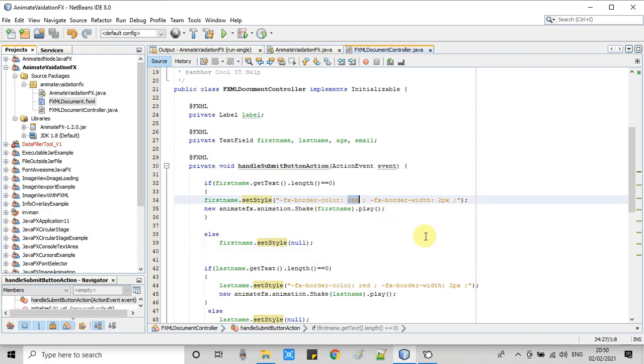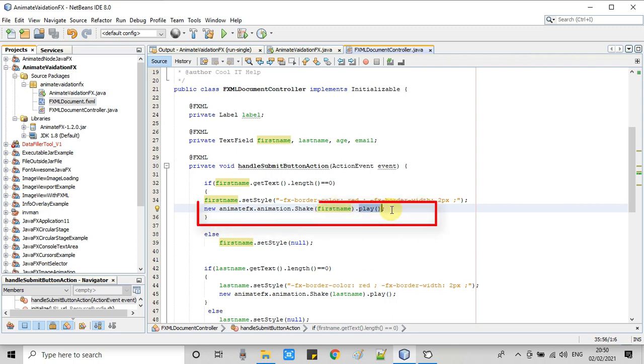So we simply put a red border with a border width of 2 pixels. At line number 35 we have created one anonymous object with the help of AnimateFX.animation.Shake, and this is the field name on which we want to apply the animation. So we are focusing on the first text field, which is the first name. After that we call the play method to initiate the animation.